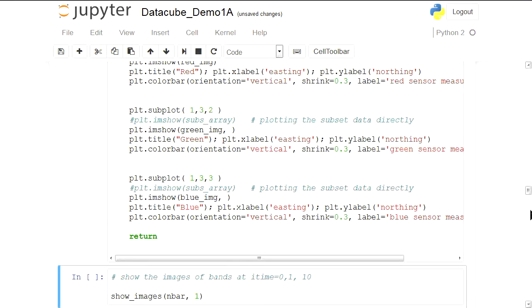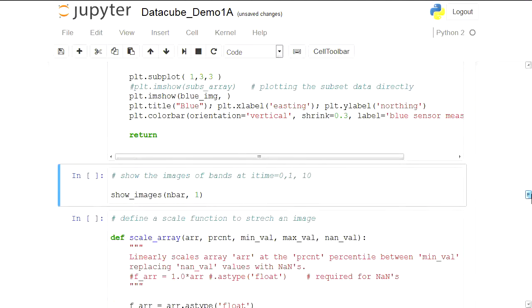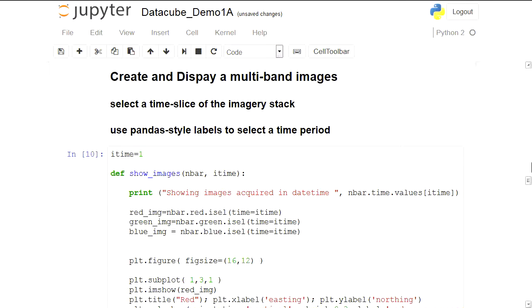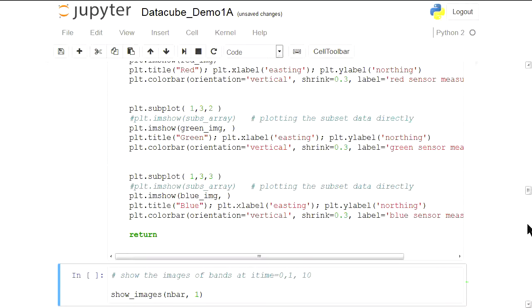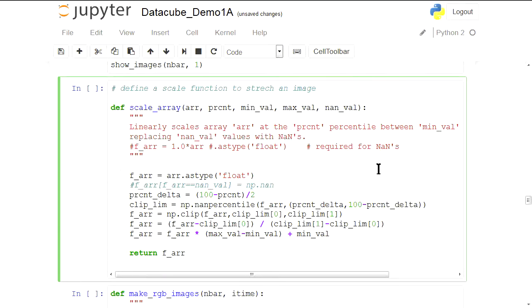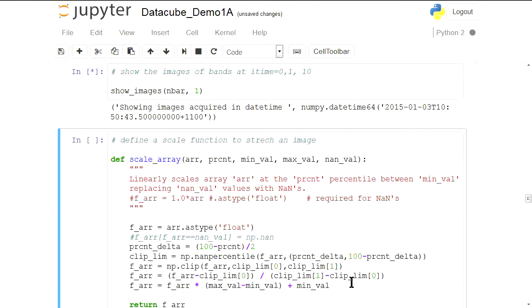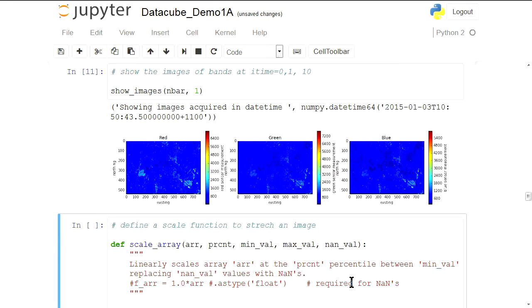So I just define a function called show image. Run it, done. And then I can use this function to show an image. This one shows the first image. That's red, green, blue. That's a satellite image.